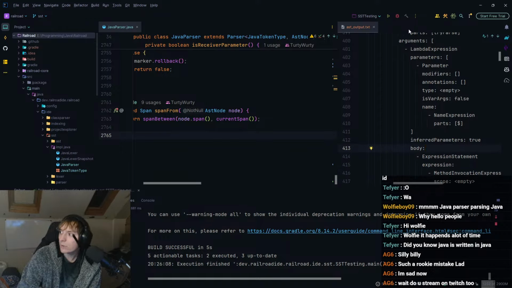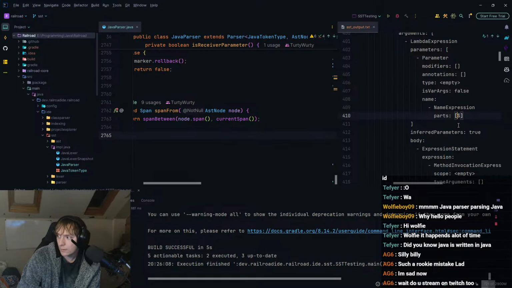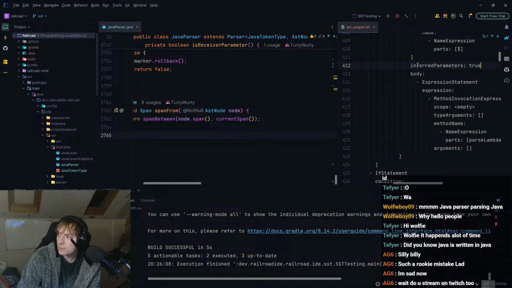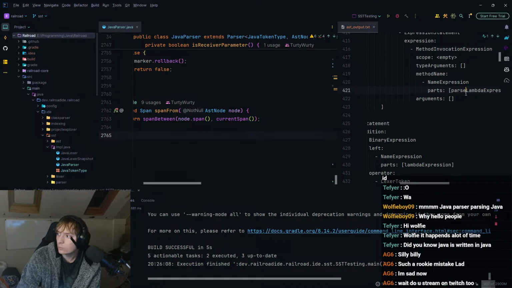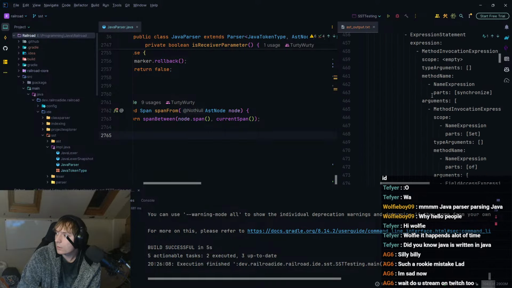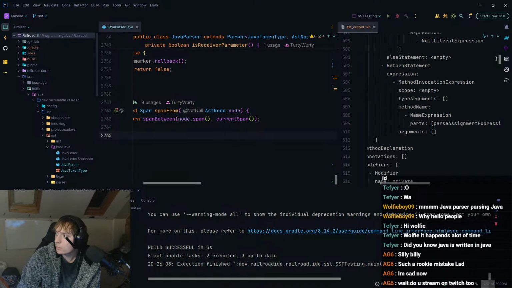Okay, so let's have a look. So lambda expression, the name of the parameter is $, which is inferred. That's correct. The body is a method invocation expression called parse lambda expression. That's correct. Okay, let's continue then, and let's go down.